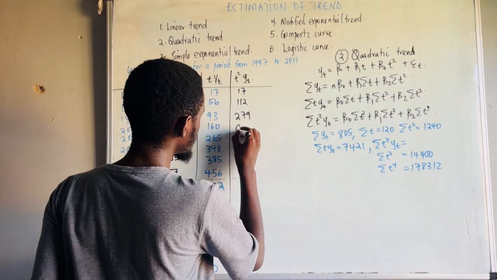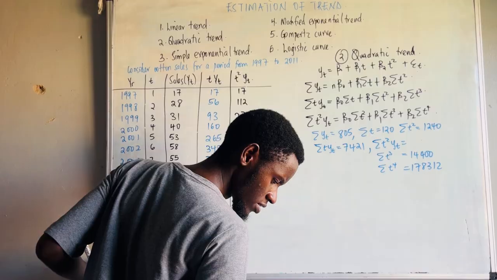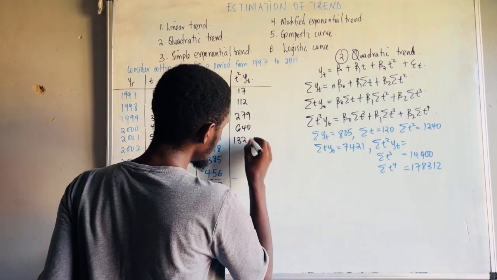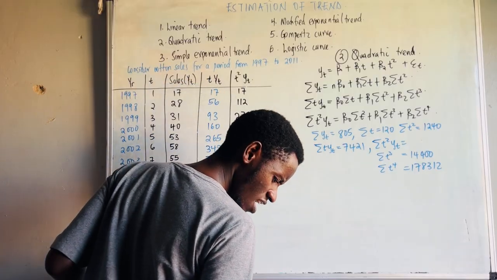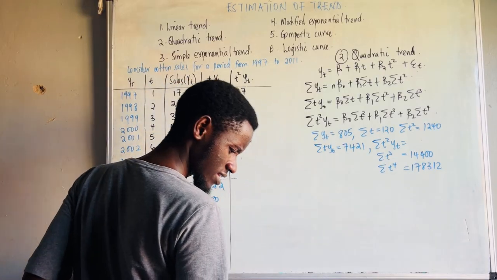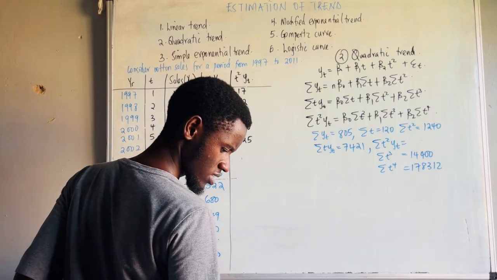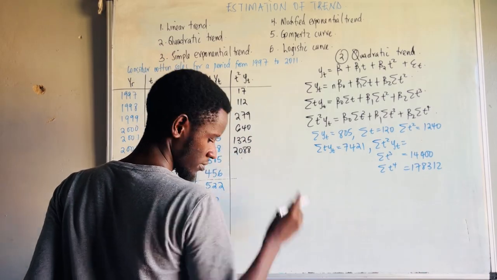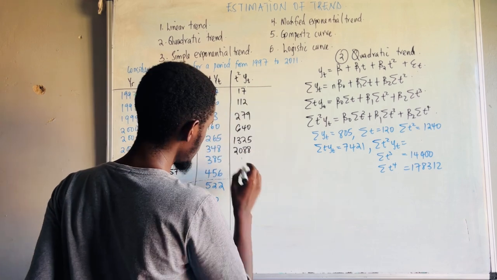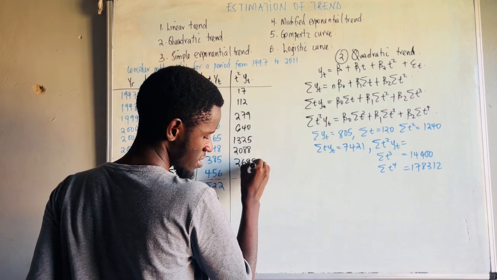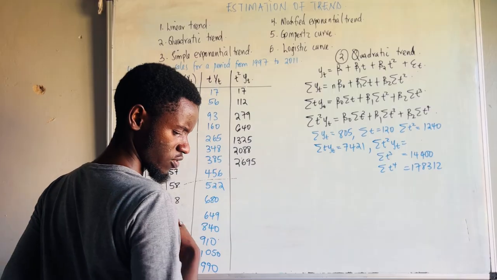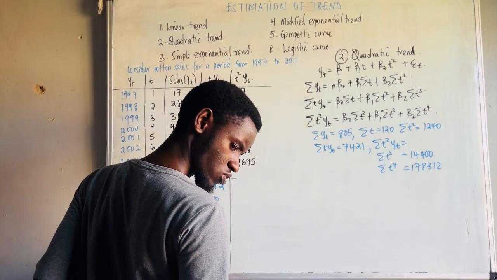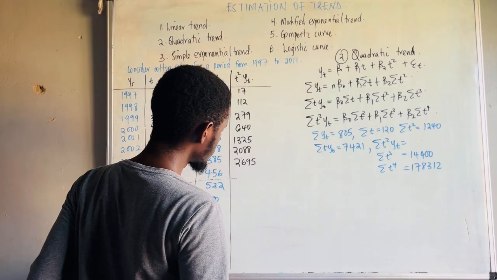Yes. 640. 1325. Then I have 125. Then 2695. Remember that I never go straight to press the calculator, and then you see that the answers I have are the same answers we have. So as we do,